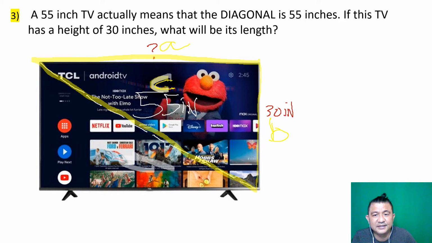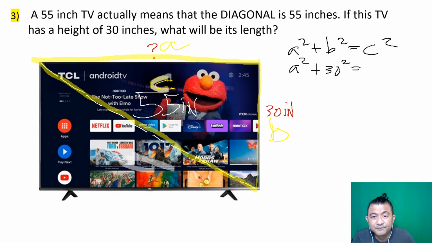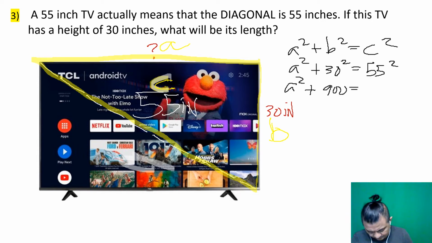All right, let's solve it then. A squared plus B squared equals C squared. All right, so A squared, I don't know what you are, but B squared, I know you are 30 squared, and C squared, you are the hypotenuse, you're the 55 squared. Are we good so far? A squared plus 900 is equal to 55 squared. Get your calculator. 55 squared is equal to